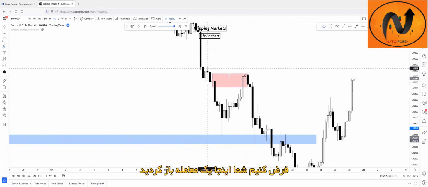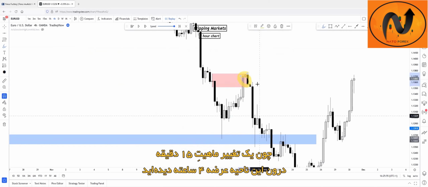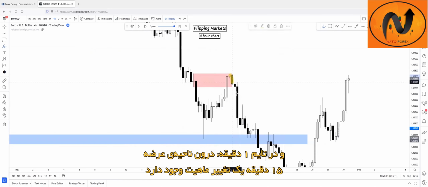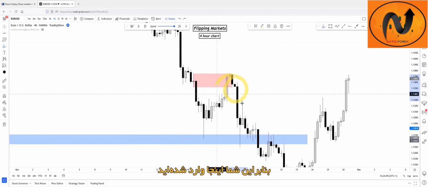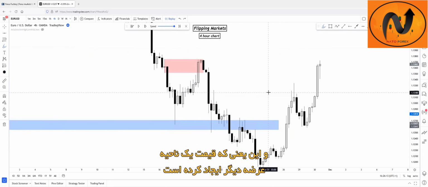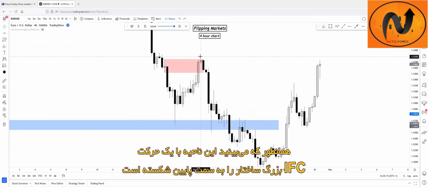Okay, so let's say you open the trade here because there was a 15-minute change of character inside of this 4-hour supply zone, and after the 15-minute change of character, there was a 1-minute change of character inside of that 15-minute supply zone. So you entered here, it pushed the price to the downside, created inversion movement here, broke structure here. So it means price created another supply zone. As you can see, it created a huge inefficient push to the downside, break of structure,